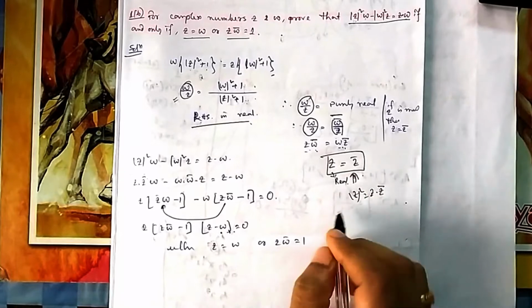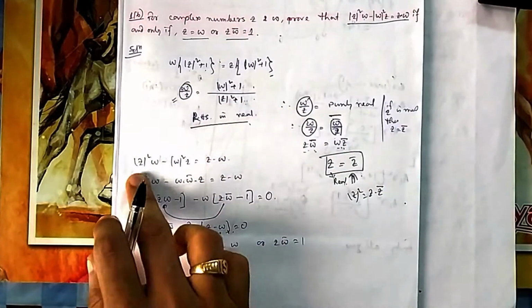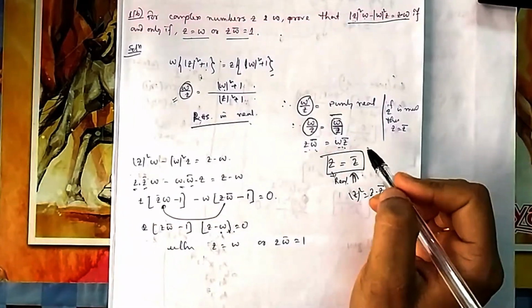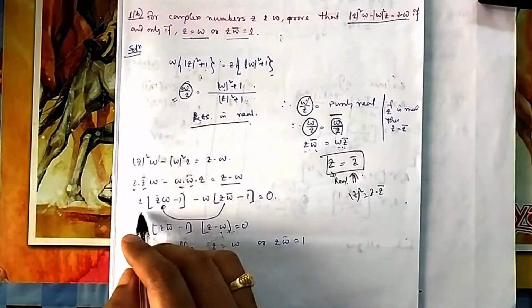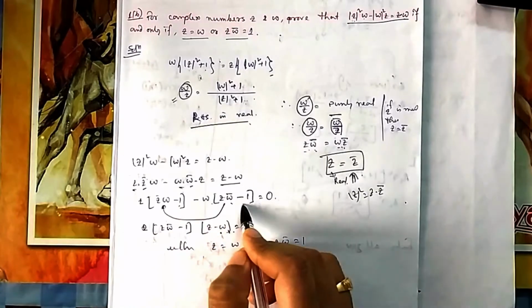We have seen this formula, so that we can go to z bar and omega bar, all this stuff. So instead of z I am writing z bar, instead of omega I am writing omega bar. In fact we could have started from this point. So if you take z common here, then it will be this one. If you take omega common, then this one.